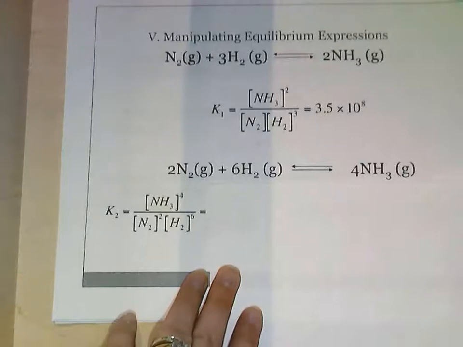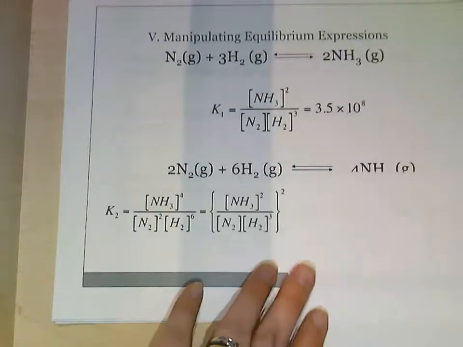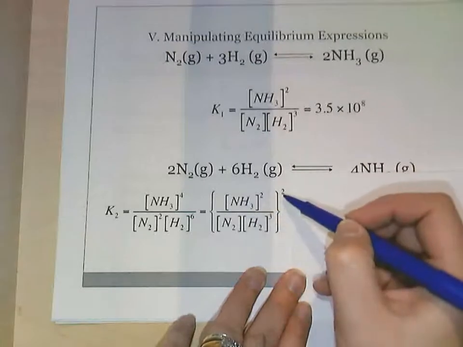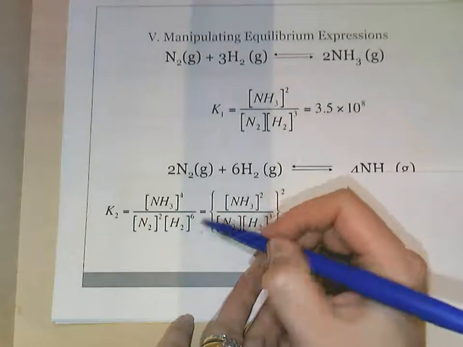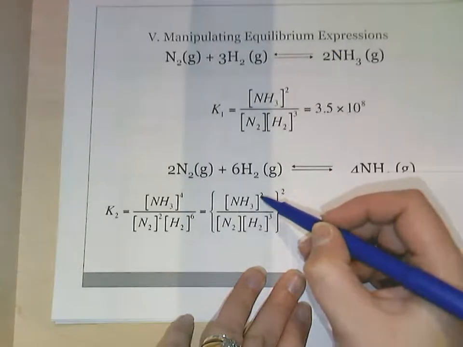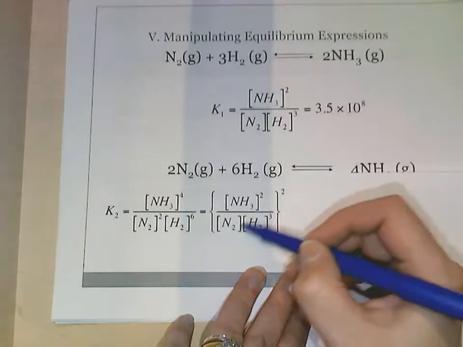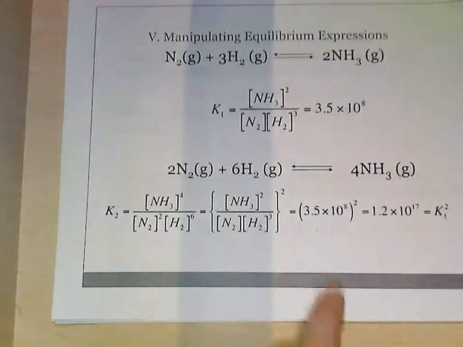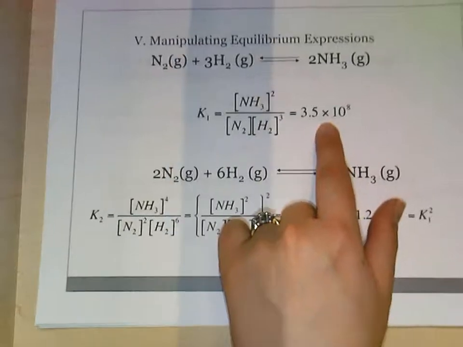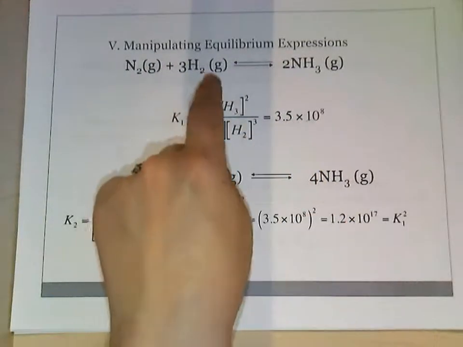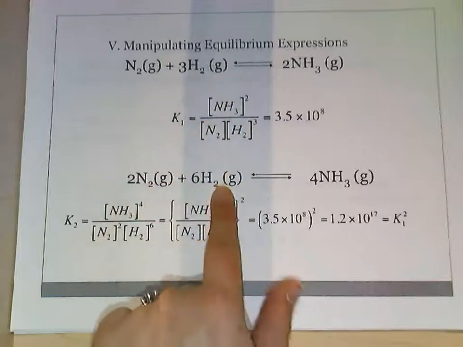I can simplify that, and really I have my original expression squared, since I simplified all of these by 2. Then 2 squared is 4, and then 6. Which means I've taken this equilibrium constant and squared it, so when I double the stoichiometric coefficients, I square